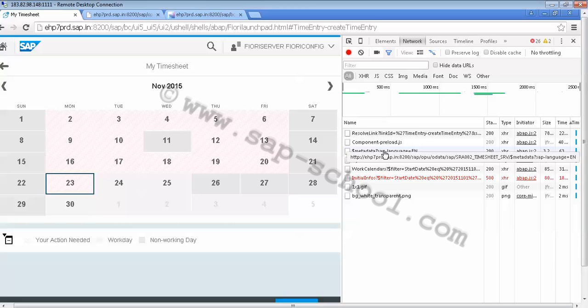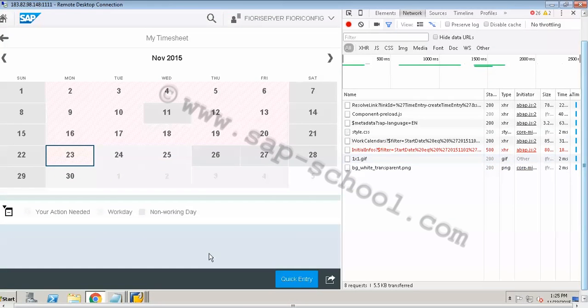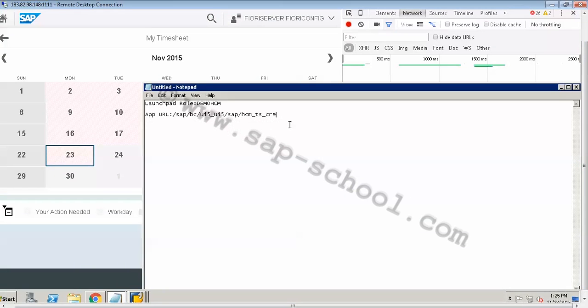Now in this task we will again check the My Time app. We know what my app URL is. That app URL we have just copied. If I go here, this is my app URL. Now we will test the UI2 interop service resolve link.